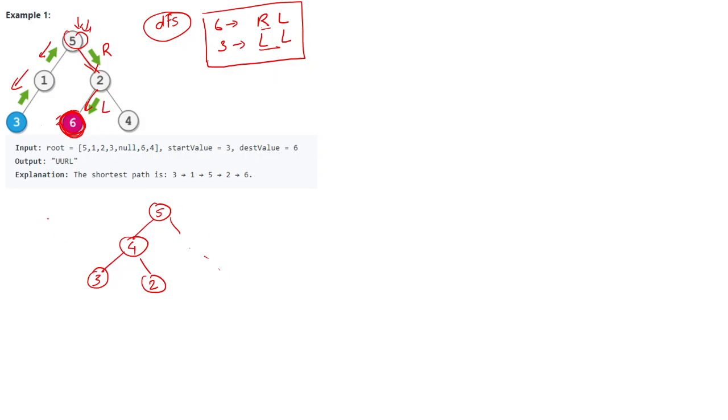Suppose in this situation you have to reach from 3 to 2. According to what I have said earlier, we have to first find out the path up to 3 and then the path up to 2. For 3, we have to first go left and then again left. If we have to go to 2, we have to go left and then go right.